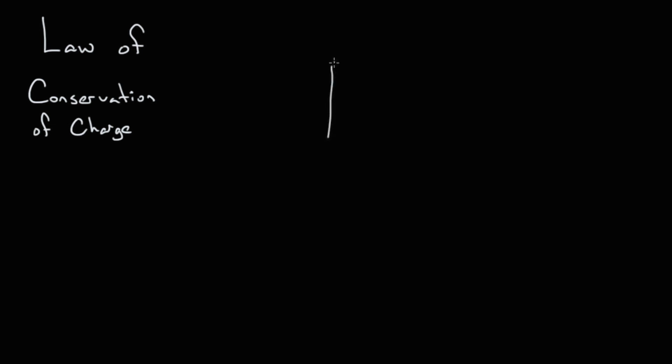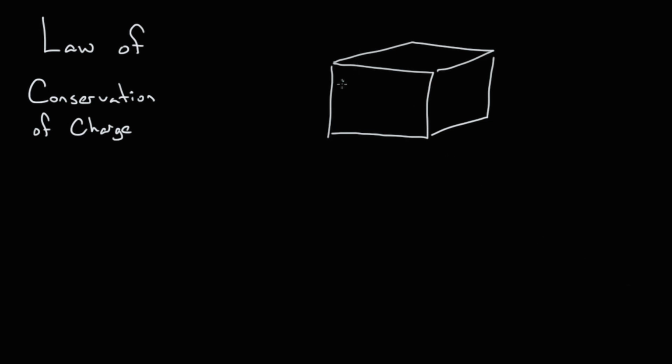Well, imagine you had a box, and inside of this box I'm going to put some charges. So let's say we have a particle here and its charge is positive 2 coulombs, and then we have another charge flying around in here and it has a charge of negative 3 coulombs, and we have another charge over here that's got, I don't know, positive 5 coulombs. These are flying around. What the law of conservation of charge says is if this box is closed up in the sense that no charge can enter or exit, so I'm not going to let any charge come in, and I'm not going to let any charge go out,